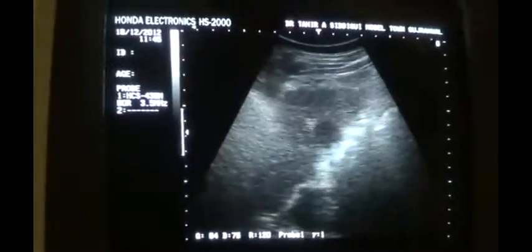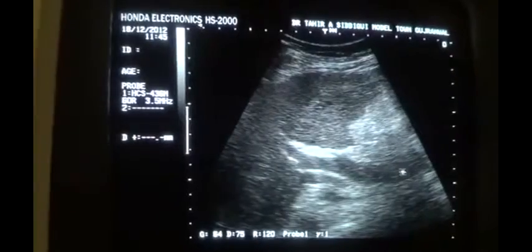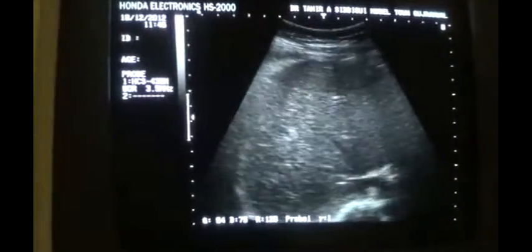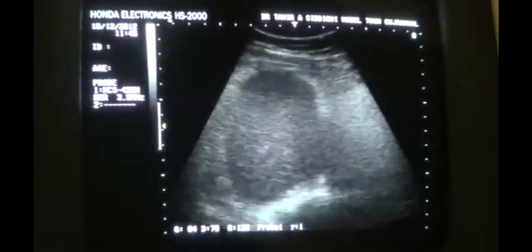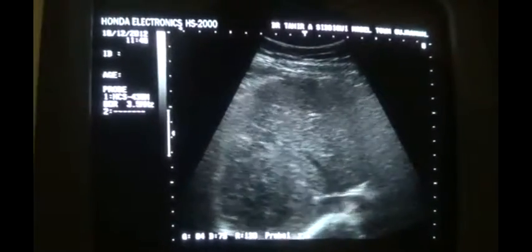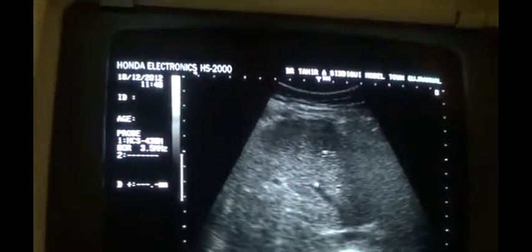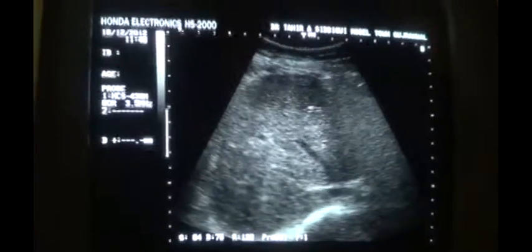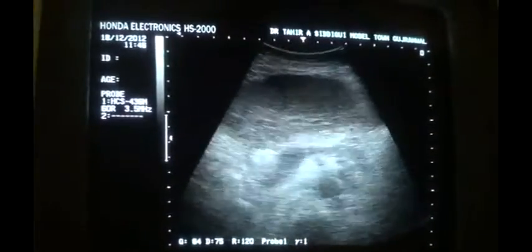In this particular case of cirrhosis, the liver is seen below the costal margin. Its echogenicity is raised. This is the portal vein, and you will see that the hepatic veins show a significant degree of blurriness of their margins. Here you see that this is the middle hepatic vein. Note the degree of blurriness. See the coarseness of the liver parenchyma. So this is a case of cirrhotic liver,